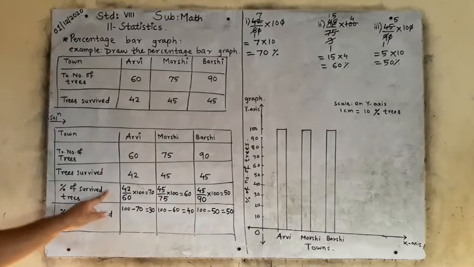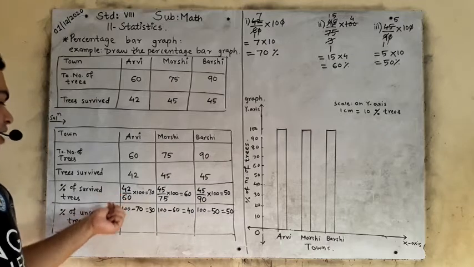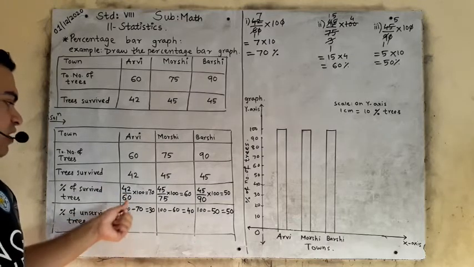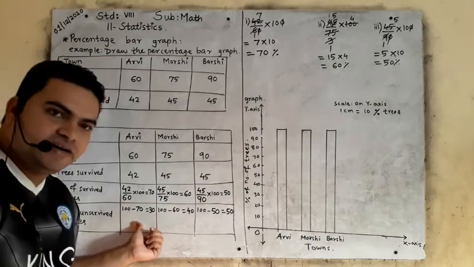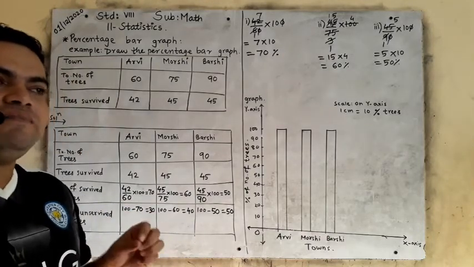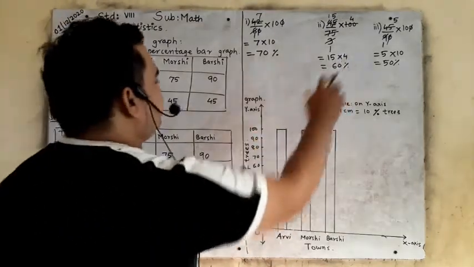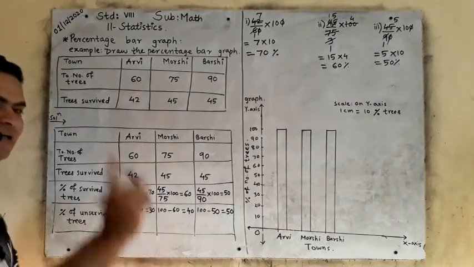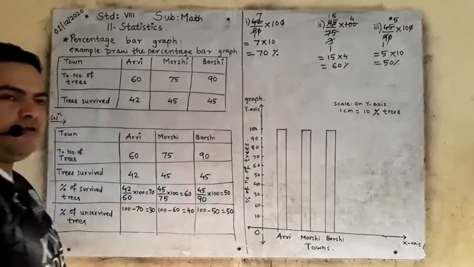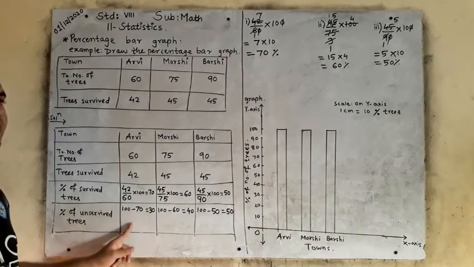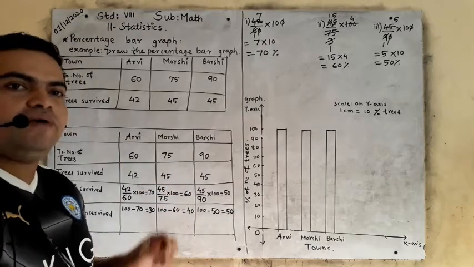So for these two rows which we have added, how much percentage of trees are surviving? How much percentage of trees are unsurviving? Here we will solve. Here we need not solve. We will do the subtraction from 100 because we find the percentage from 100 only. After solving this, you have to solve below the table. Again and again I am saying, you have to solve this percentage and then fill in the boxes. The second one you will just subtract from 100. The second one you don't have to solve.